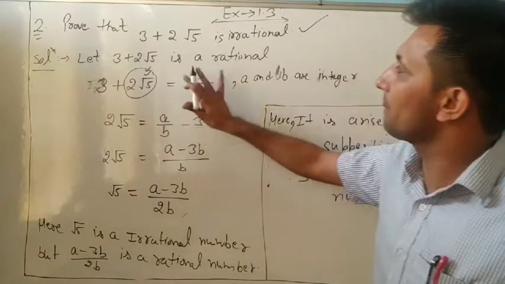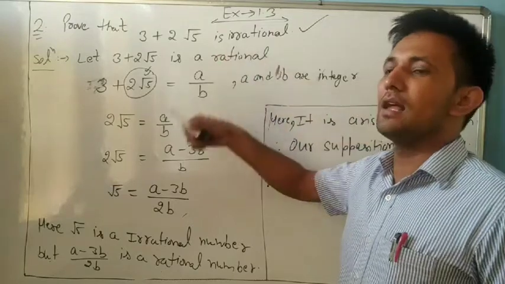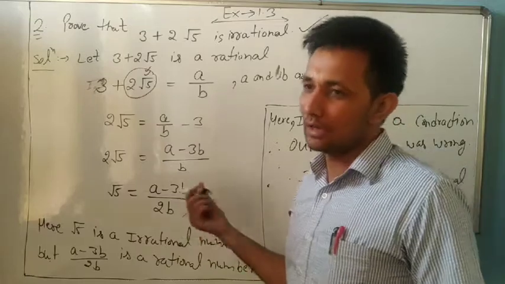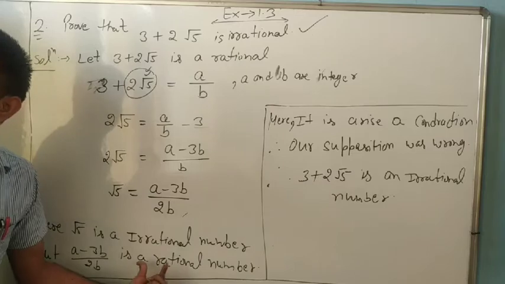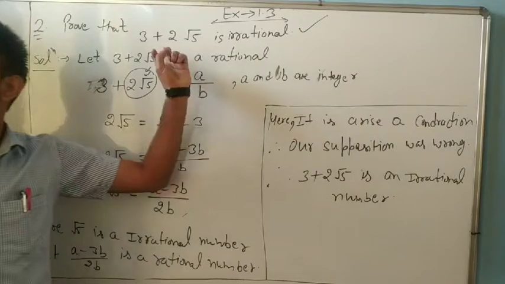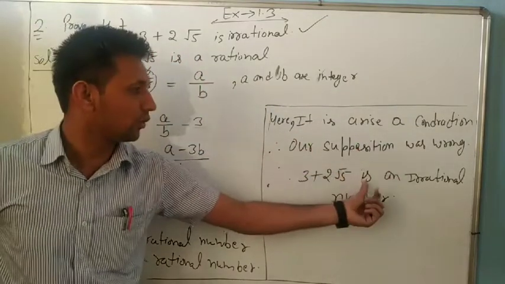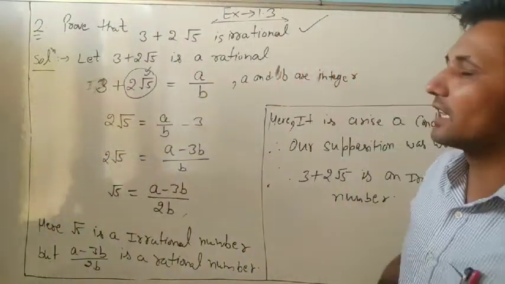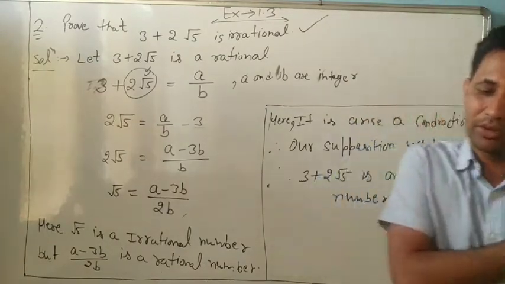Okay? So remember, whenever this type of question comes, what we will do: let it be rational, and we write the root number on one side and other numbers on the other side. Then you will say that rational equal to irrational. It is not possible. If it is not possible, therefore a contradiction arises. If a contradiction arises, our consideration, our assumption, our position was wrong. If it is wrong, then it is an irrational number. Understand it? Note down it. Now we will do the next question and our exercise is going to finish. Okay? Note down it.